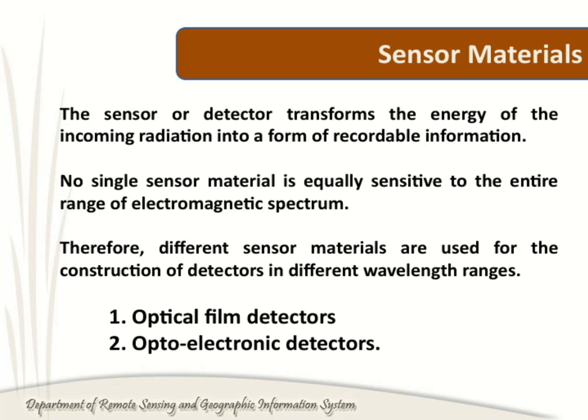Let's take a closer look at the types of detectors used in optical and optoelectronic systems. First, we have optical film detectors, which rely on photographic film to capture radiation. Then, we have optoelectronic detectors, which are more advanced and convert incoming radiation into electrical signals. Essentially, the sensor or detector's main role is to transform the energy from the radiation into a form that we